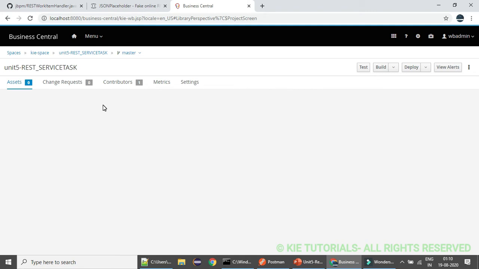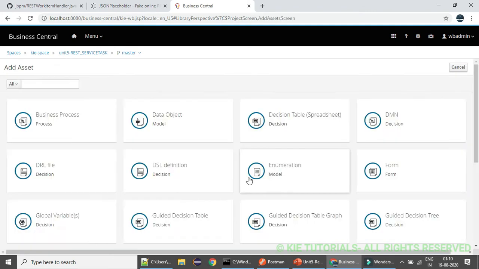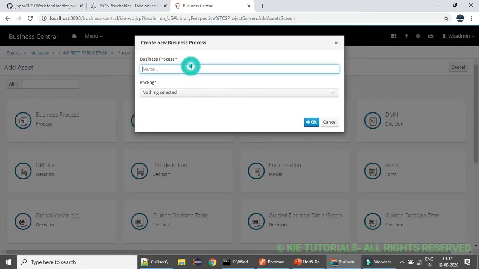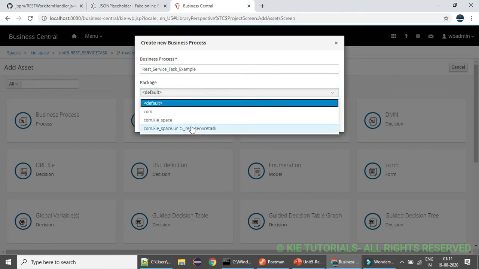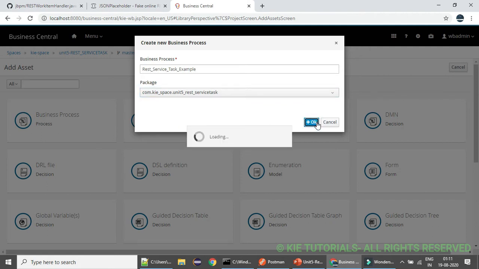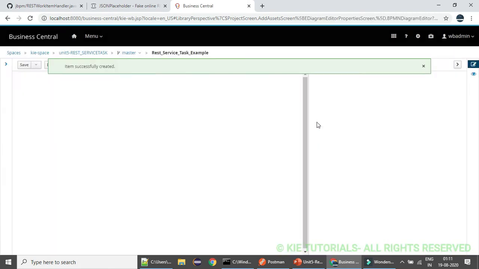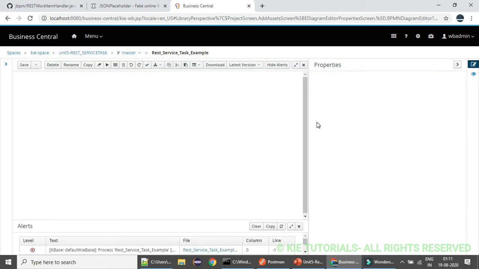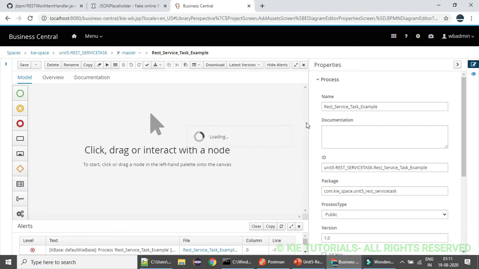Now I'll quickly add an asset. So I'm creating a REST service task example. JBPM is providing not only the REST service task, but also the web service task for your SOAP based web services, and other tasks also.